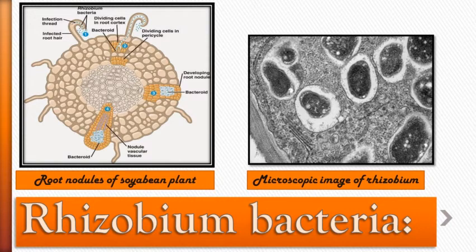That means after developing or dividing the cell, it develops a root nodule, right? Now in the fourth stage it is written bacteroid, but it is in the nodule vascular tissue. That means first it will divide into the pericycle, then it will enter into the vascular tissue of a plant's root, right? So this is how growth of bacteria takes place within the nodule.